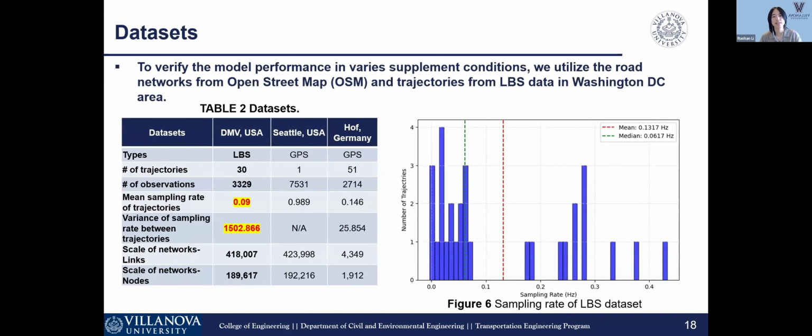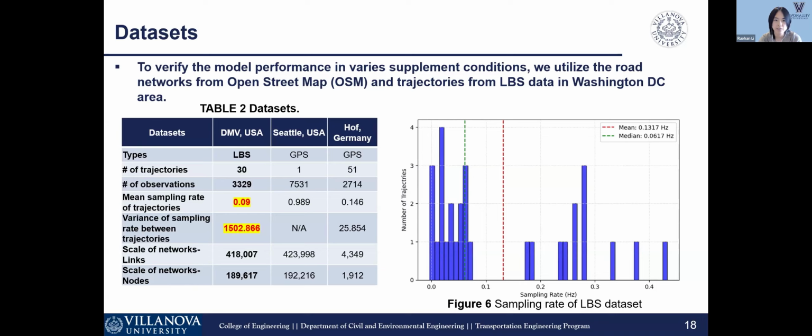All right, now let's move on to our experiments and results. We test our model on 3 datasets. The main one is LBS data from the Washington DC area, using the road network from OpenStreetMap. This LBS data is very sparse and noisy, which is ideal for stress testing our method. You can see from the second column in Table 2 that for our LBS data, the mean sampling rate is just